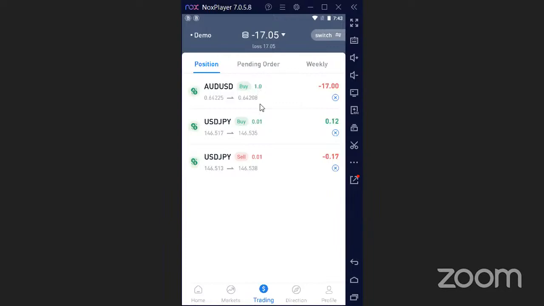I opened this with 1. And to get 0.10, you need how many of these? Guys, you need a lot of this. A lot of this. I think you need about 100 of these to get just one of these. That means if I open this trade 100 times, 100 of this trade before it can be equal to 1